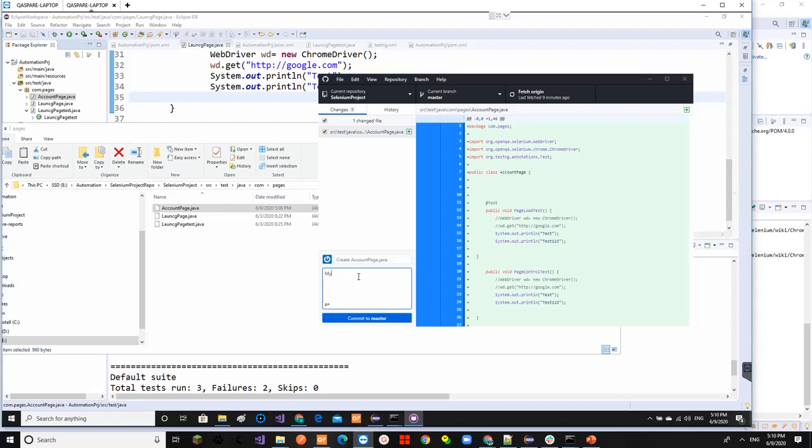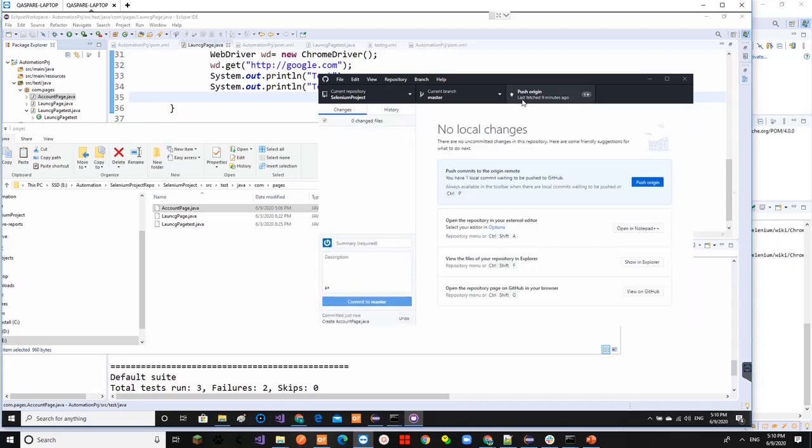I'm going to commit this file by providing some comment. Account page tests committed, and once it's committed, it's ready to push. I'm pushing it to GitHub.